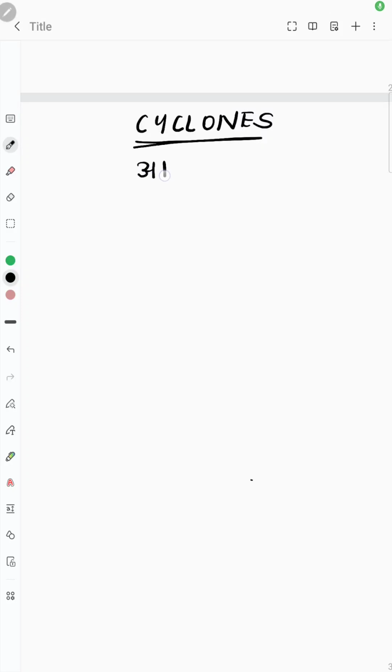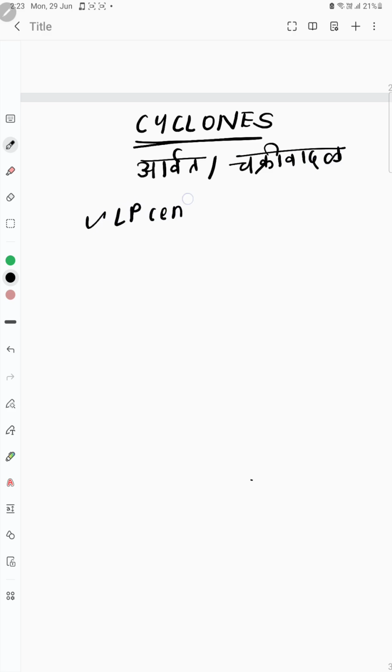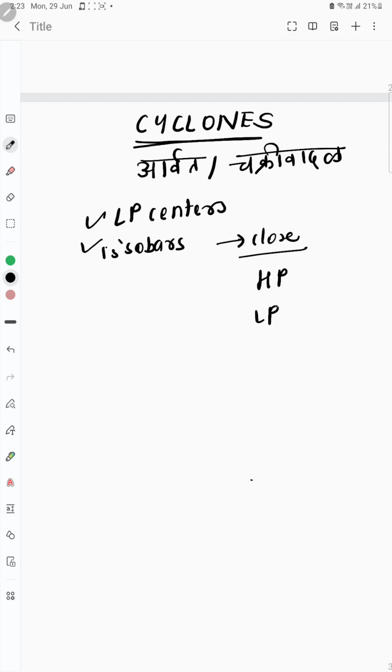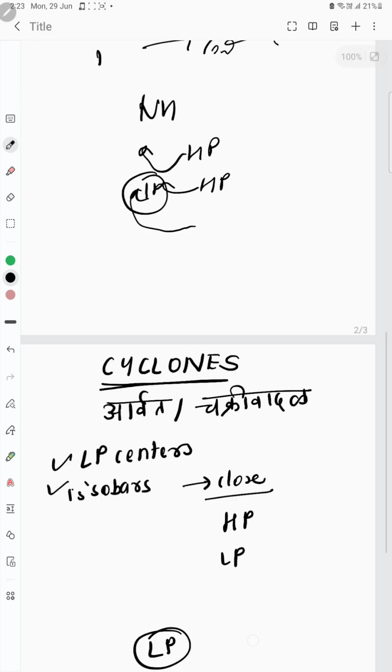about cyclones, which are also known as avarta or chakravat. So cyclones are low pressure centers surrounded by isobars, and the isobars are close to each other. Because they are close to each other, they create higher pressure. If they are far from each other, they create low pressure. So this low pressure center